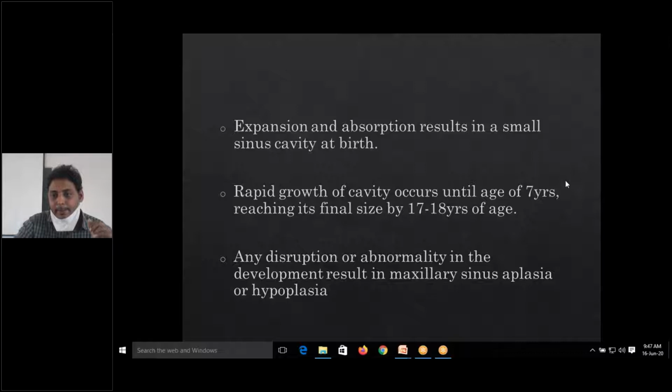Yes, sir. So what are the 3 points by which you can recognize hypoplasia of the maxillary sinus? The oval shape of the maxillary sinus, the oval shape of the orbit, and the floor of the maxillary sinus not reaching below the level of the floor of the nasal cavity. By these 3 points, you may suspect in an X-ray of the paranasal sinuses whether the maxillary sinus is hypoplastic or normal. Okay.